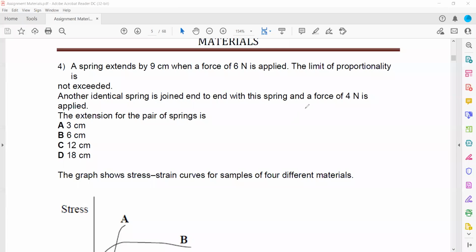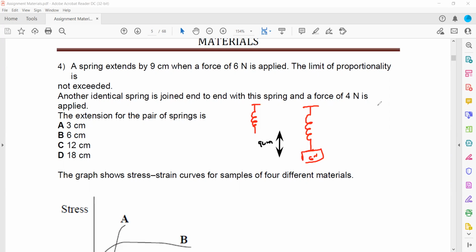Look, for example, if there's a spring and when we apply a 6 Newton load, how much does it increase in length? Originally the unstretched length of a spring without any load, that's unstretched. Then we add a load, it changes by 9 centimeter. So this is a total extension or total increase in the length. In the question,